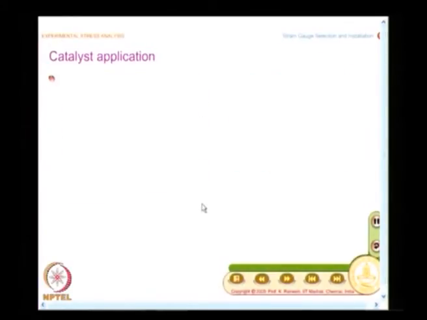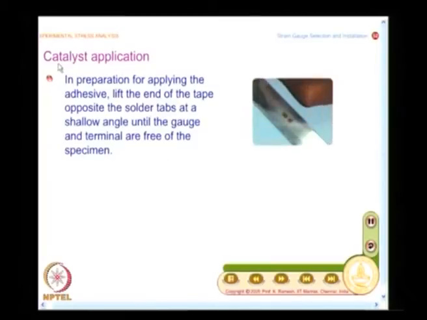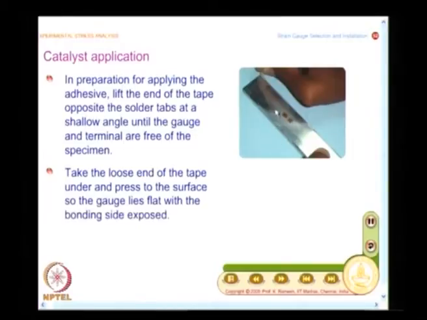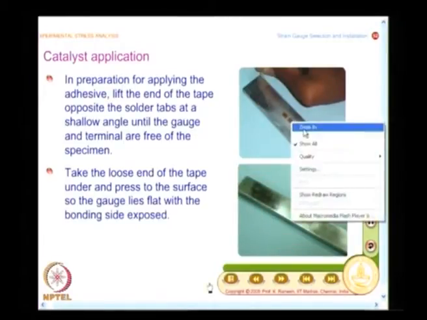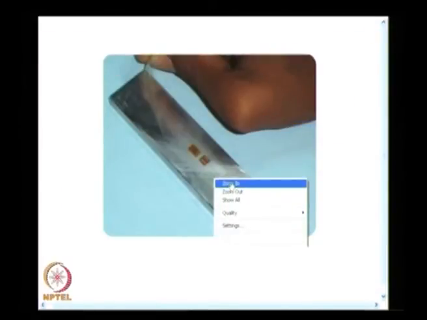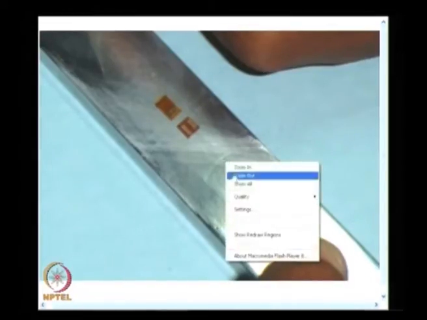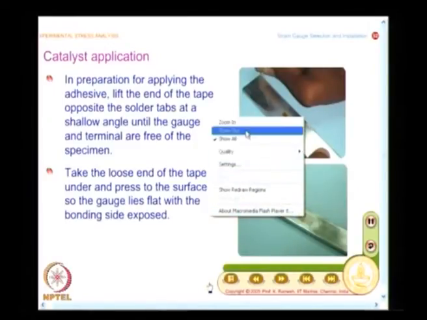And before we apply the adhesive, we need to apply catalyst. So, you carefully remove this from the surface, and that is what you see here, the tape is getting removed and you have to take it and roll it back and fold it, and that is what is shown in the next slide.